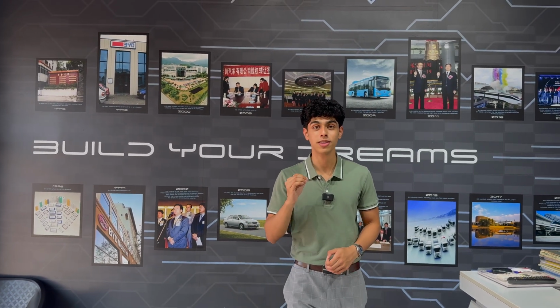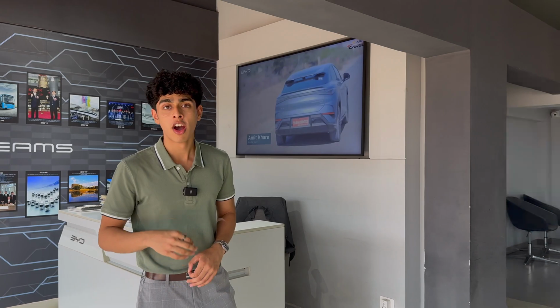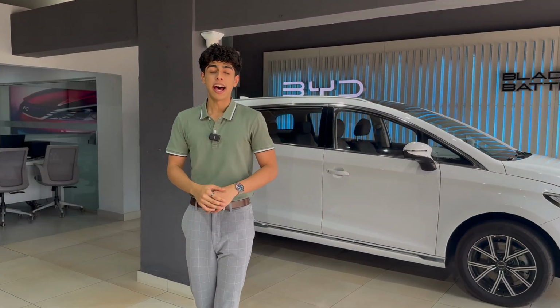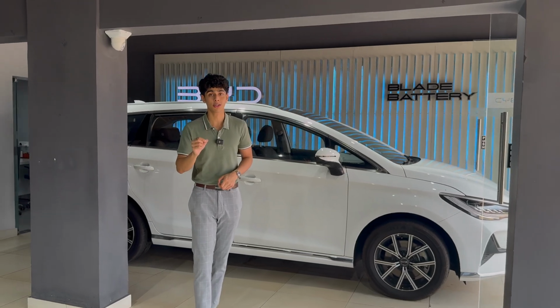BYD, now a global giant, entered the India market in 2022 with the E6 MPV. However, due to reasons like the lack of 7 seats, or more importantly, the inability for you to register it as a private vehicle, not many Indians took notice of it. However, since then, BYD has been rapidly expanding its India operations, and this, the eMax 7, addresses all those issues